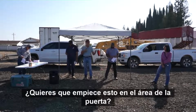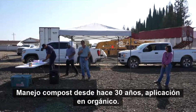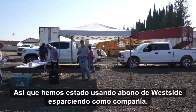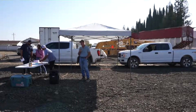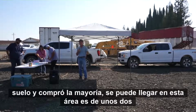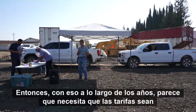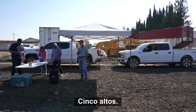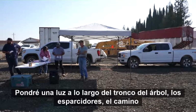I'm a local grower here in the Tudor area, and we have some ranches just north of Yuba City. I've been handling compost for 30 years. I'm an organic grower, so we've been using compost from West Side Spreading, the company I deal with mostly. With compost, we're always trying to build up the organic matter in the soil, and about the most you can reach in this area is about 2% organic matter. So over the years, our rates are usually a minimum of 3 tons per acre. I like to apply 5, and depending on my irrigation scenario, if I'm on drip, I'll put it right